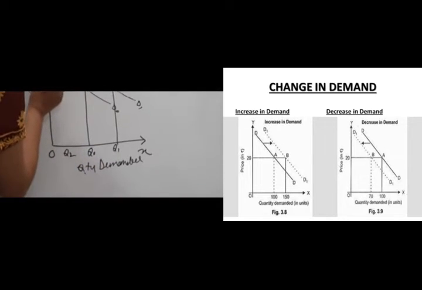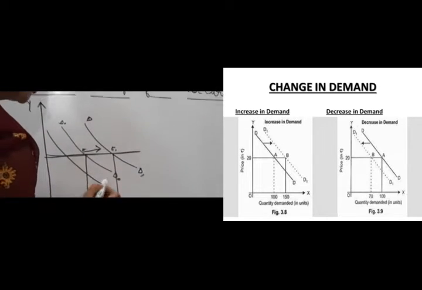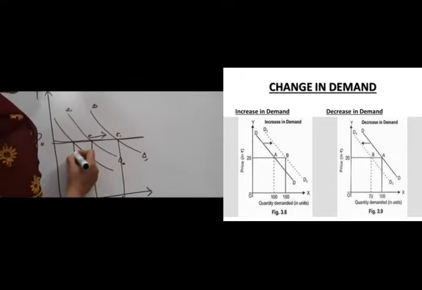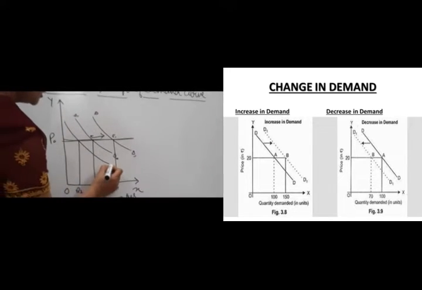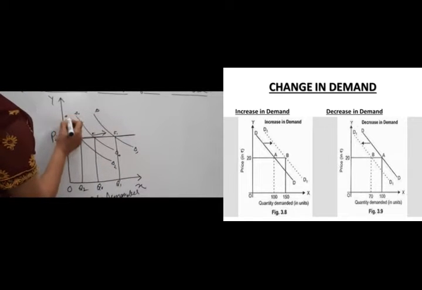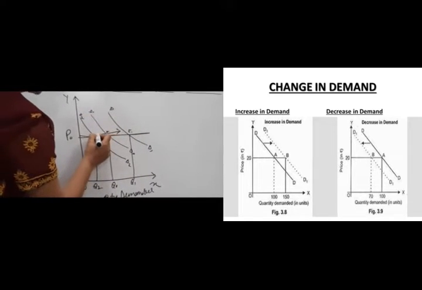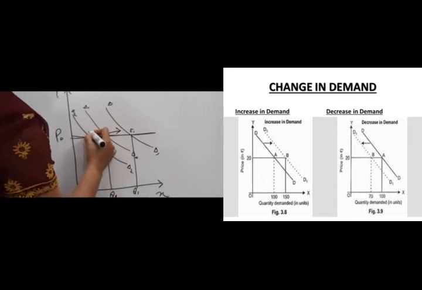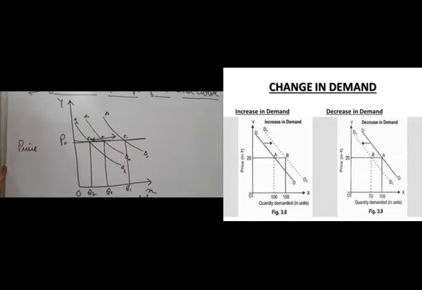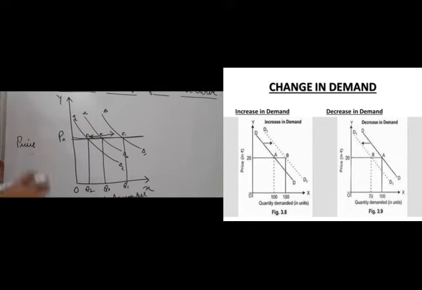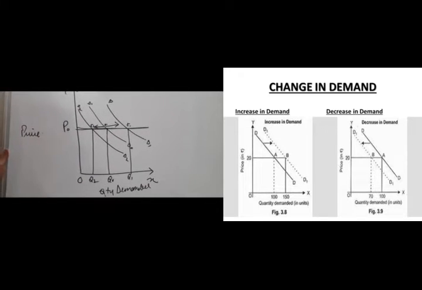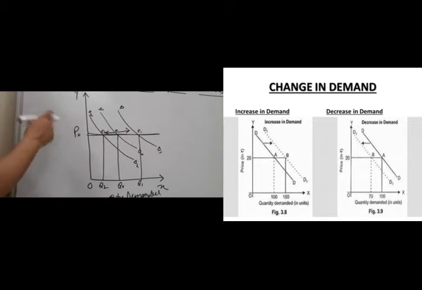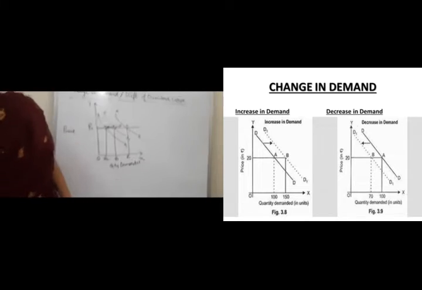Similarly, we can have a backward movement on the demand curve. The new quantity is Q2, which is a decreased quantity. The demand curve has become D2, alright, and this is a backward arrow movement, and which shows E2 as the equilibrium quantity. This is a simpler way to show the decrease in demand. There is one more way that I'll be showing you in the next diagram. Just see.